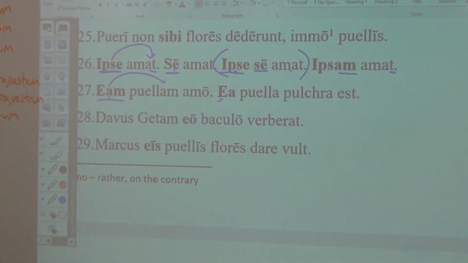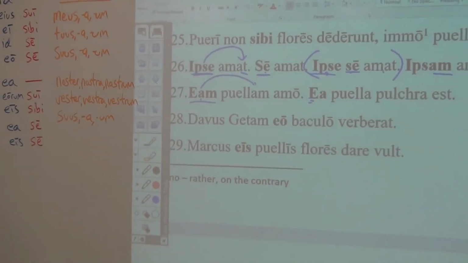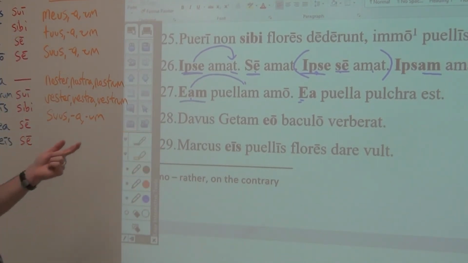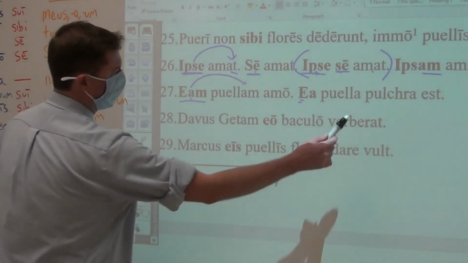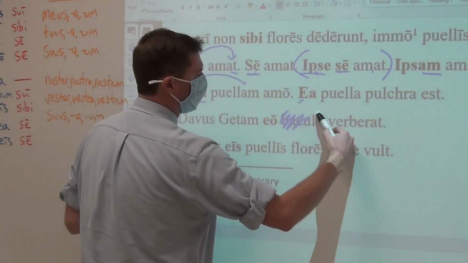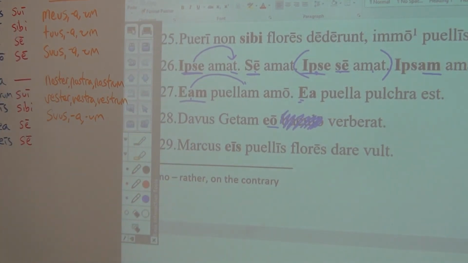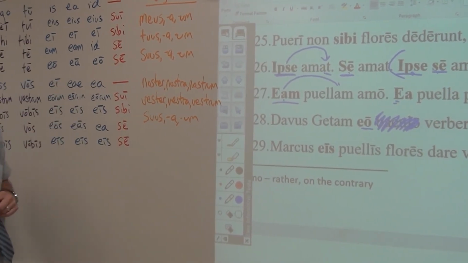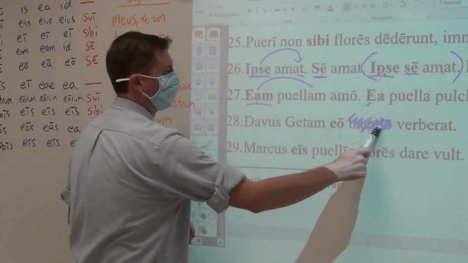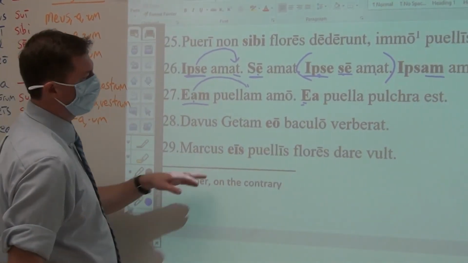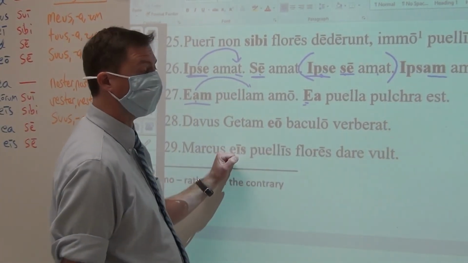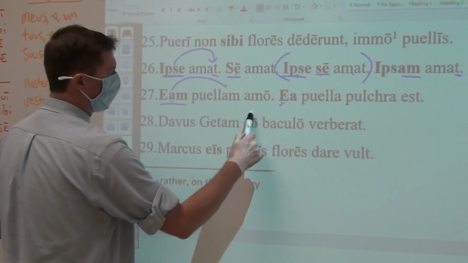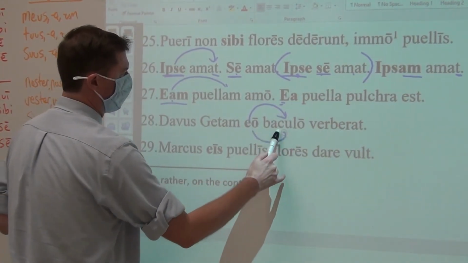Again, when is, ea, id modifies a word as an adjective, it's the equivalent of being a hic, haec, hoc, this and these, or ille, illa, illud, that and those. Dallas beats Geta. If the word baculo were not there, it would just be eo, the pronoun with it. But since baculo is there, that it modifies, then again, it's as though it turns into a hoc form, modifying baculo, or an illo form, modifying baculo. Dallas beats Geta with this stick. Dallas beats Geta with that stick.